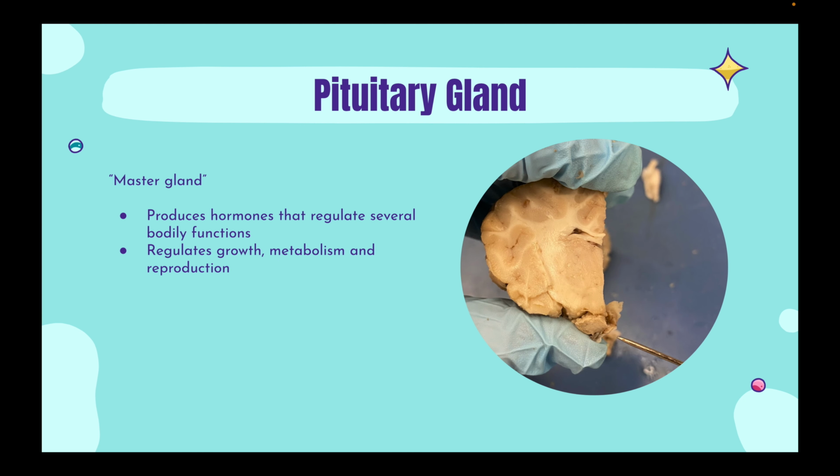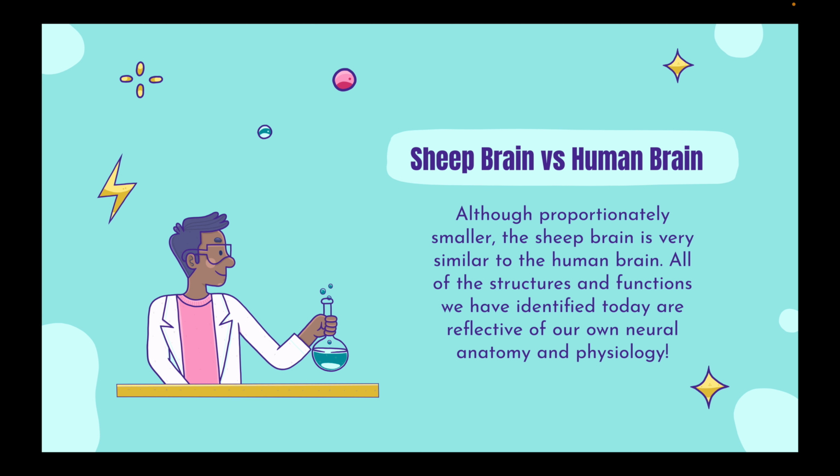Again, we have the pituitary gland located at the base of the brain. This is our master gland that produces hormones that regulate bodily functions, with the main ones being growth, metabolism, and reproduction. This is the end of our tutorial, and as you're going through your own dissection, we think it's important